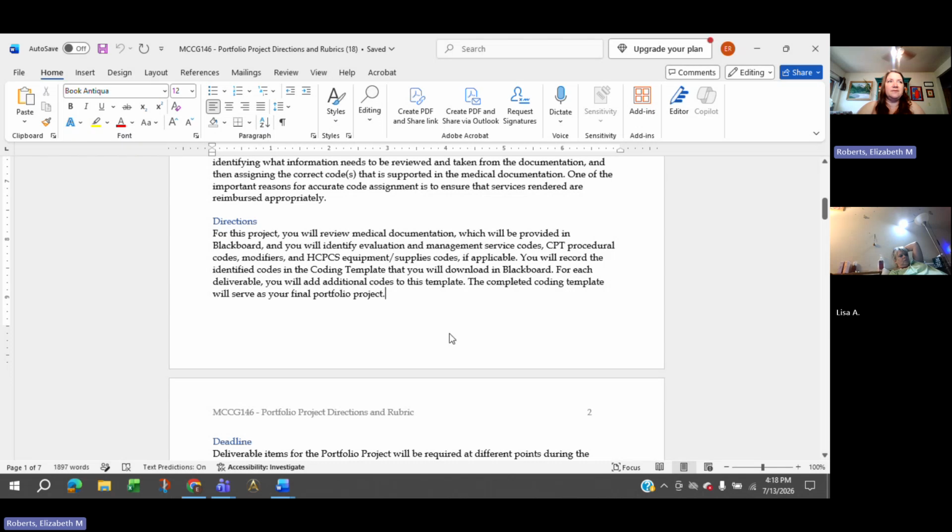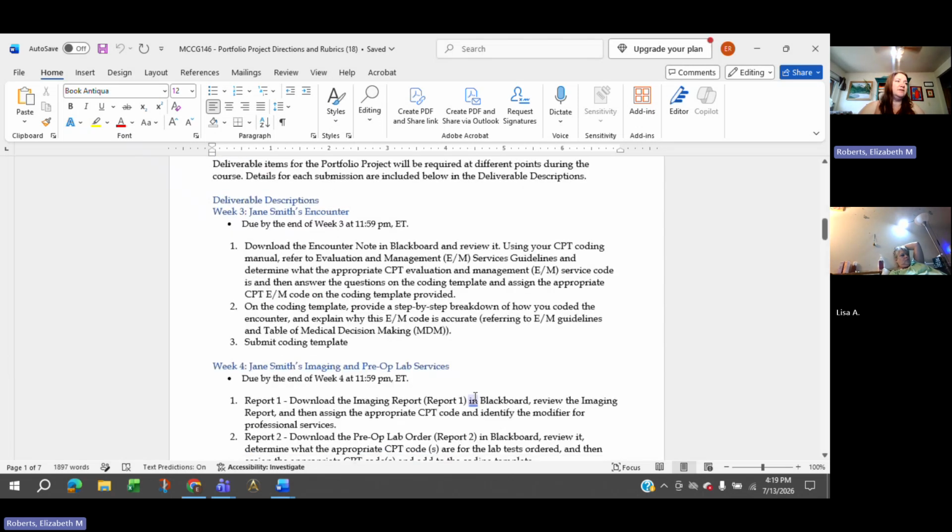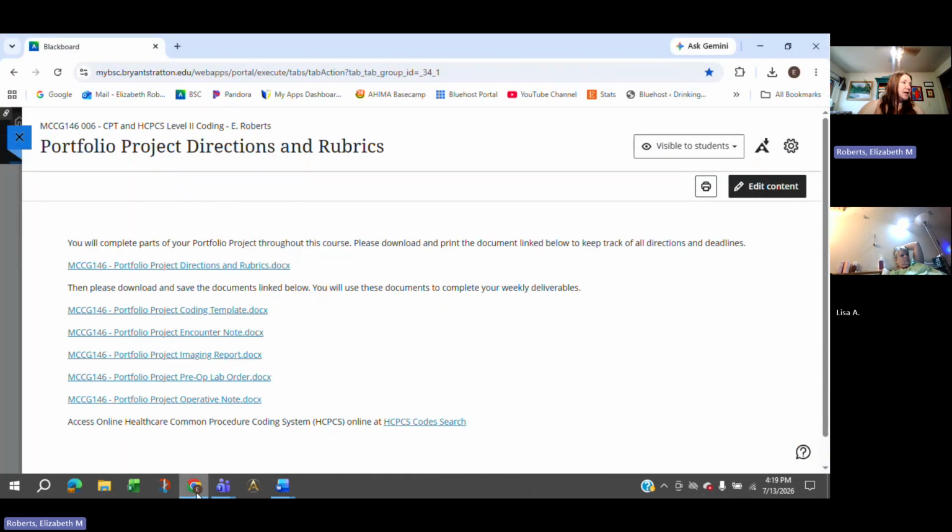I really can't overemphasize the use of the template because the template not only makes it easier for me to grade, but I'll show you what it looks like here in a second, it's got little boxes and you don't know what to answer unless you're using the template. So it never fails. I'll have a student at least one each term who doesn't use the template and they miss components because they're not answering the questions, right? Because they need to use the template.